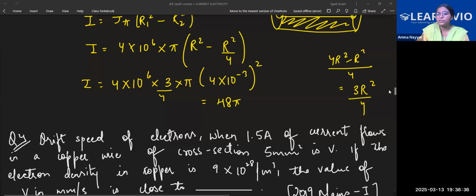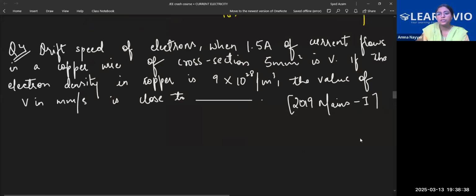Okay, let's move to the next question. So this is from your 2019 mains, okay? From the 9th Jan paper this is taken. So this is a very easy question. Please try to answer this. This says that drift speed of electrons when 1.5 amperes of current